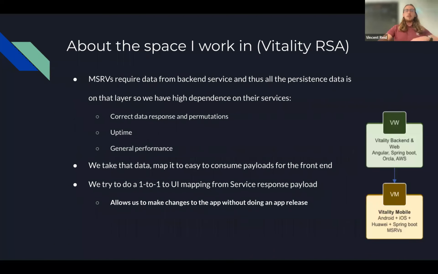So, a little bit about the space that I work in. Like I said, at Vitality RSA, we're very much working in a space where we are constantly in perpetual motion of dependency services and dependency teams. So there's a lot of management thereof and a lot of integration points, and we'll get a bit more into that. But basically, we work in a world where we have microservices and we have a backend team that does